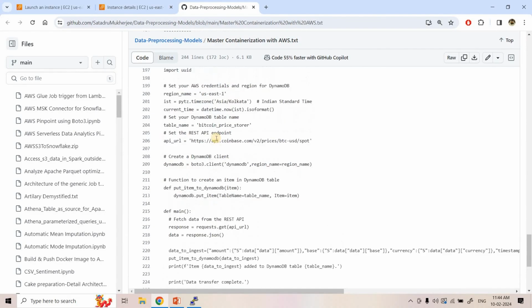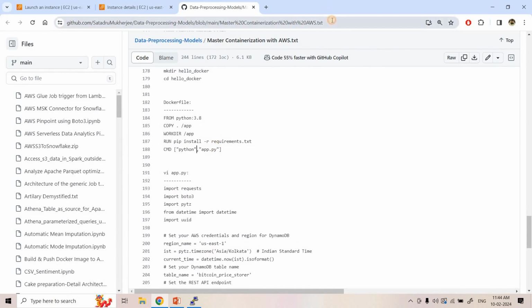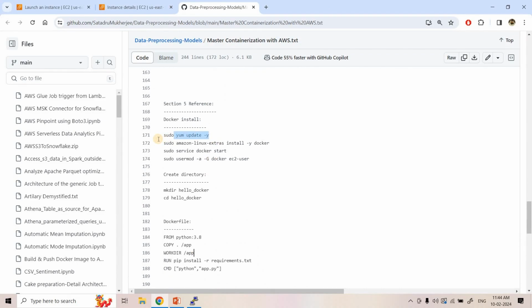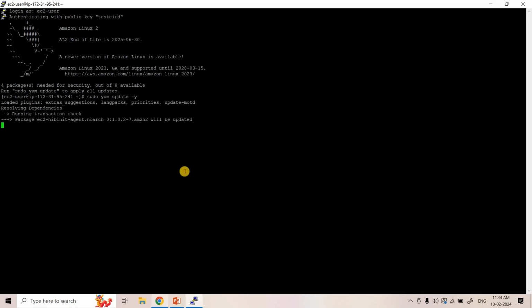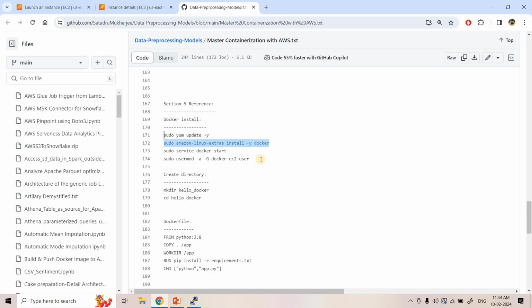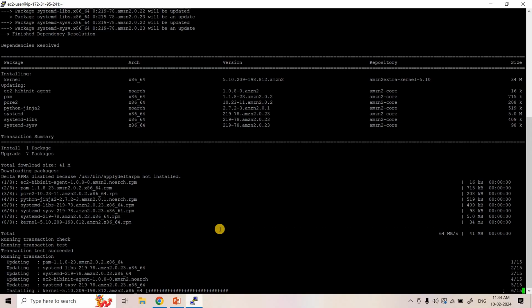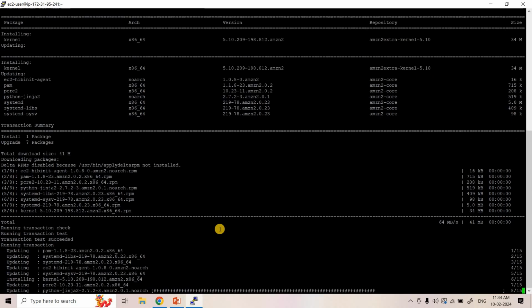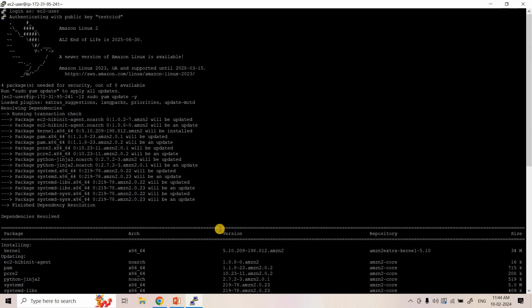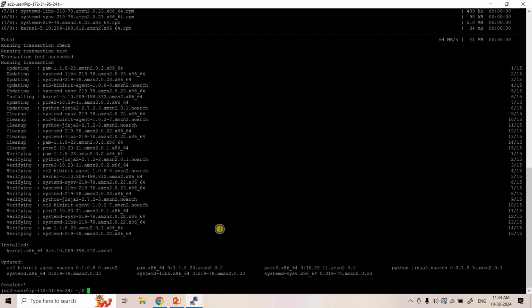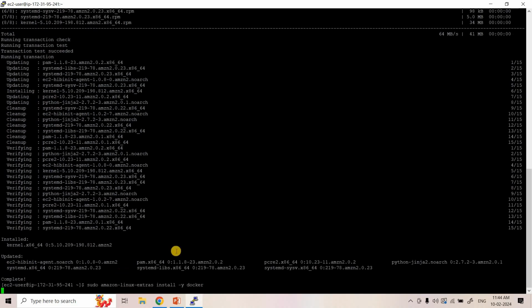Now here, what we have done earlier, I am referring to that same file that I shared in my previous video to install Docker on EC2. So first we need to update if anything is not updated, and then as part of the next step we are going to install Docker. So it is done. Now here I am installing Docker.